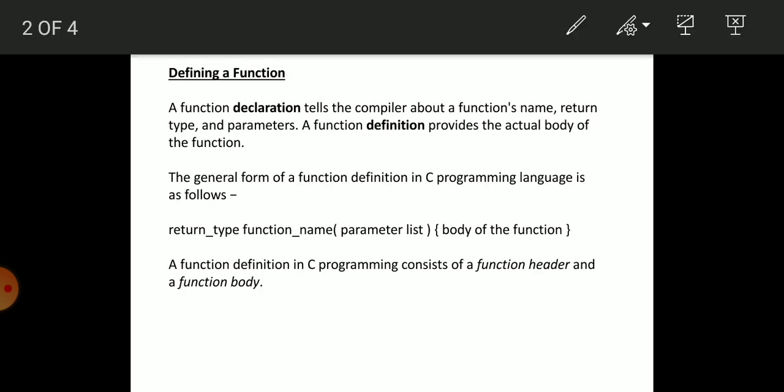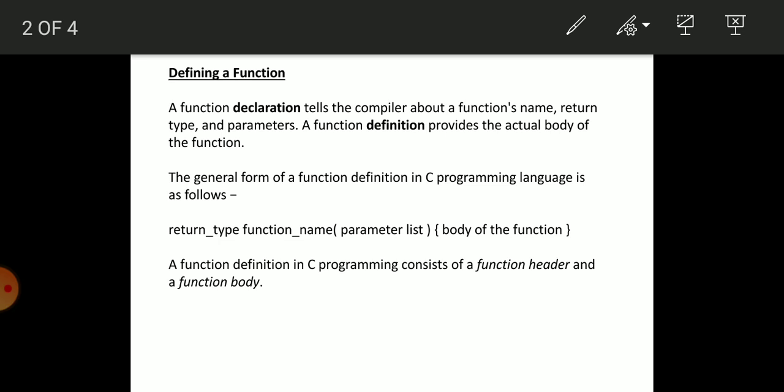So like any other identifiers used in any program, the functions should also be defined before using them in a program. A function definition is also known as a function implementation. The function implementation must include a function name, function type, list of parameters, local variable declarations, function statements and a return statement.